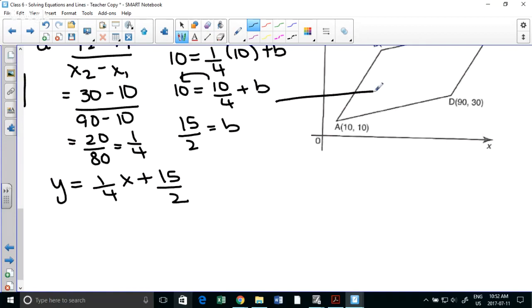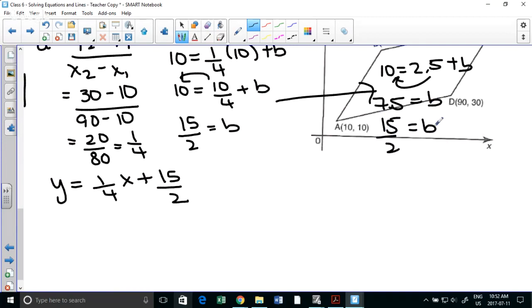Or if you prefer, but I really don't prefer it, and I'll show you why in a second, 10 over 4 is 2.5. So if you subtract, you get 7.5, which is 15 over 2. But I'll show you why in a second. That's not ideal. We have to change this to general form, which means we need to get rid of denominators, and we cannot have decimals. We need whole numbers only. So it's a little bit harder to see what we're going to multiply by if we have decimals.